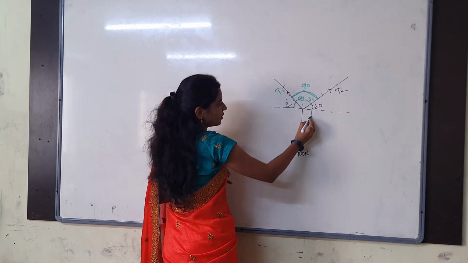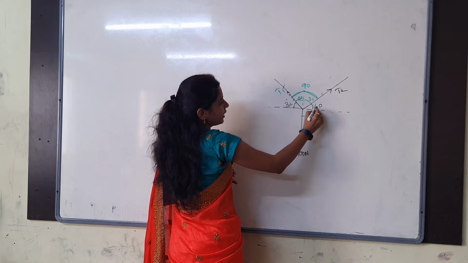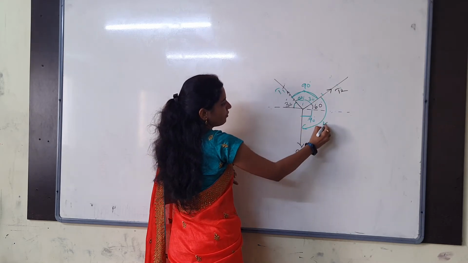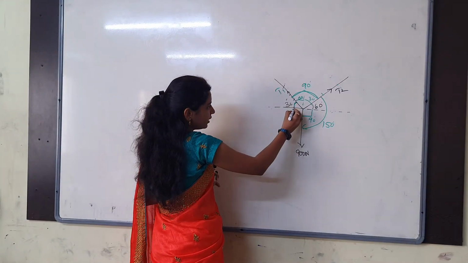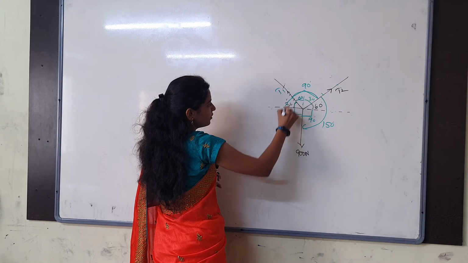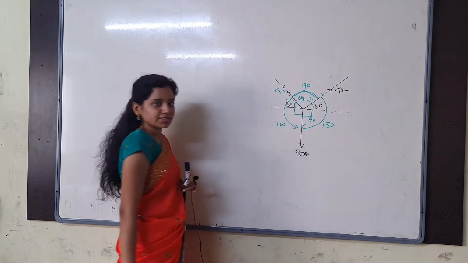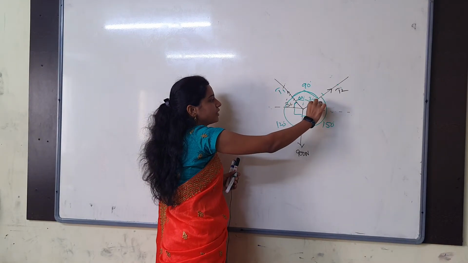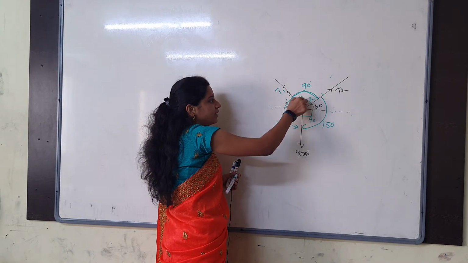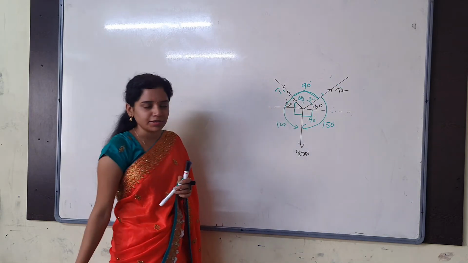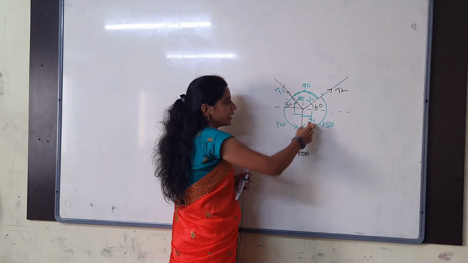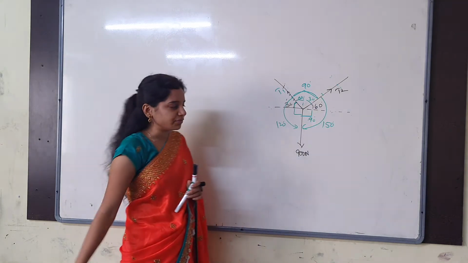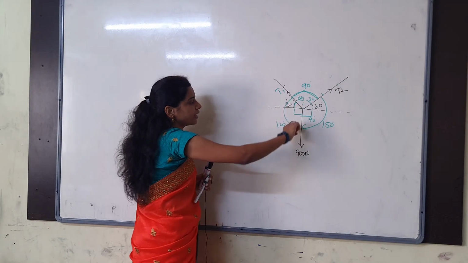Now this angle is how much? 90 here. 90 plus 60. Total angle is how much? 150 degrees. Yes. Then here 30, here 90. So the total angle is how much here? 120 degrees. Understand clearly? Here they have given 30 and 60, which means the remaining angle is 30, here 60. 30 plus 60 is how much? 90. Now 60 is gone already. How much is there only? 90. 90 plus 60, total angle is how much? 150. Here 90 plus 30, total angle is how much?